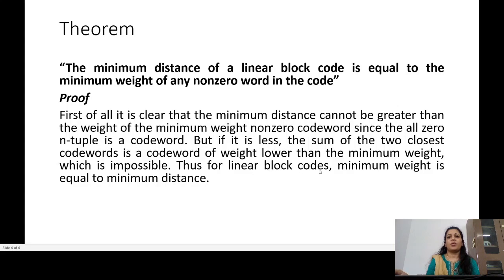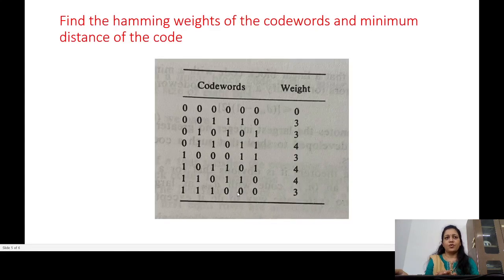Therefore, for linear block codes, minimum weight is always equal to the minimum distance. So in such cases, you just write down the weights, pick up the minimum value, and that will be your d minimum. You need not compare each and every code word.